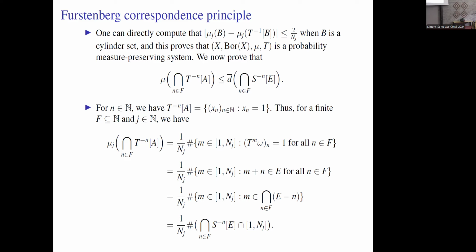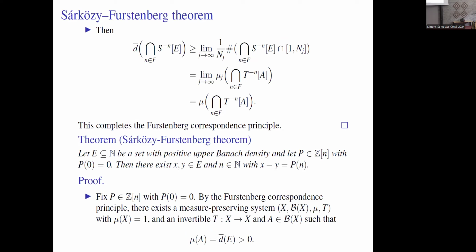And here this hash means the cardinality. And if we pass with J to the limit, then it's precisely this. So that's how we get this proof. And this is how we obtain the Furstenberg correspondence principle, and now we can use this plus the Poincaré recurrence theorem to